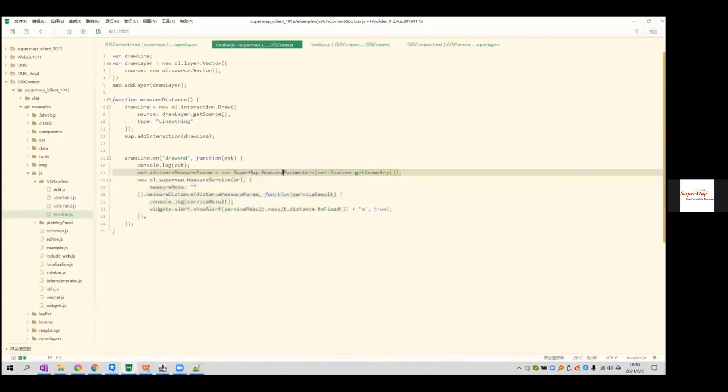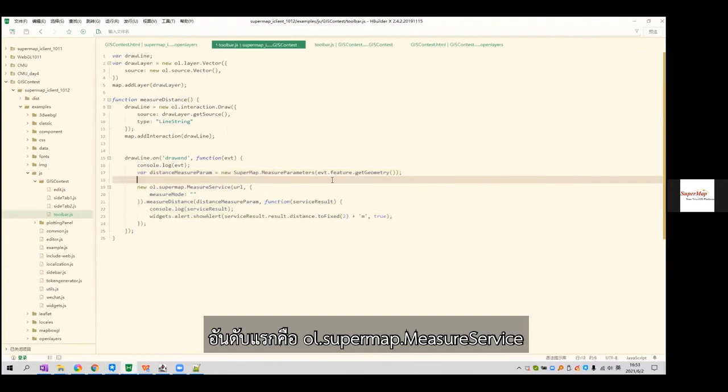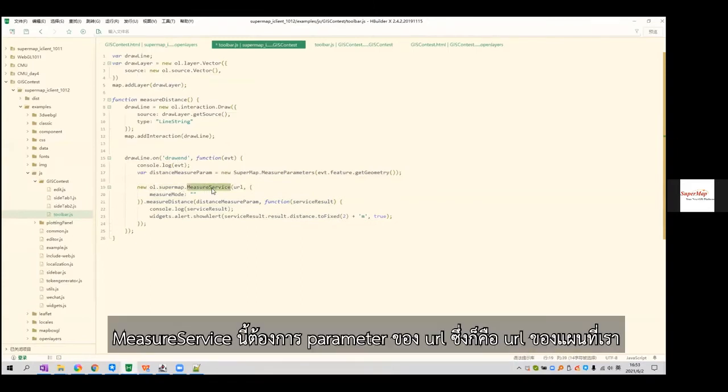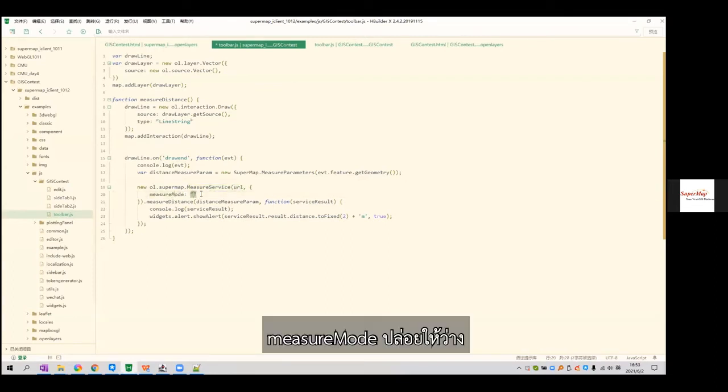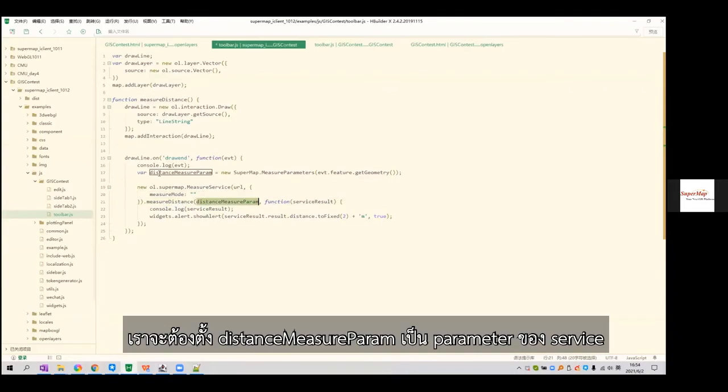Based on the parameter, we need to cite first. The first is the ol.supermap.measure service, and this measure service needs the parameter of URL, and this URL is our map URL. Then the measure mode we can set it as empty. Then it is the measure distance, and we need to set this distance measure parameter as the parameter of the